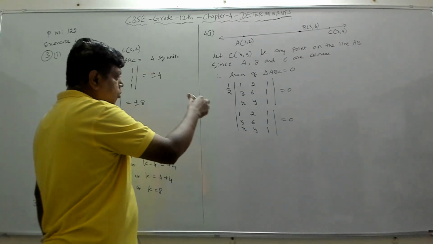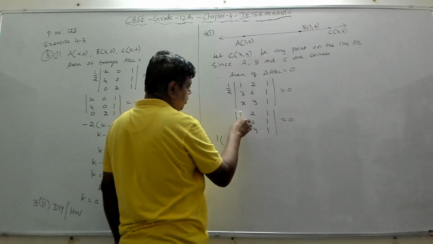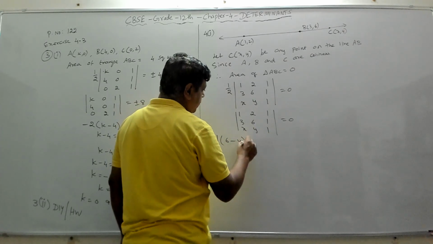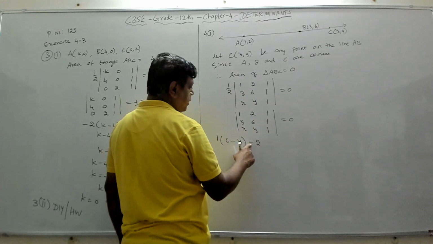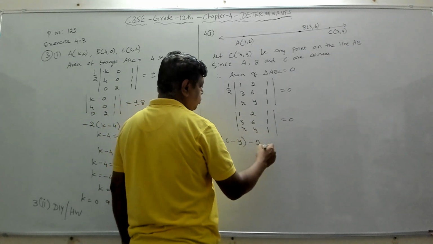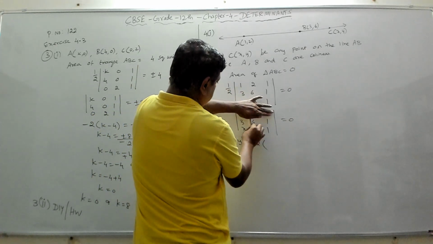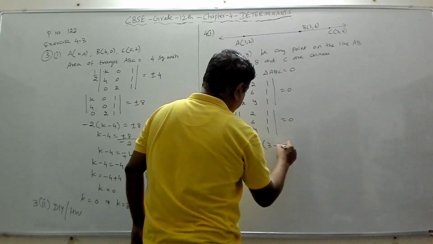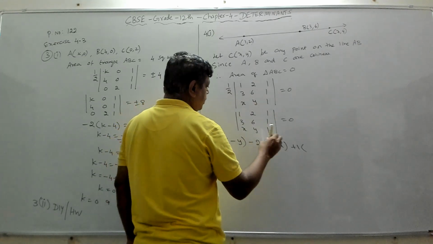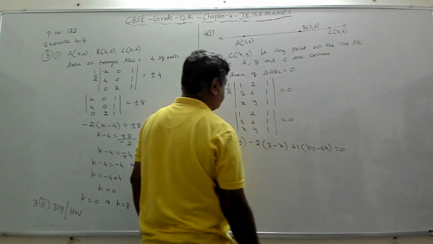Now we can expand through any row or any column. We will expand through row 1. So it will become 1 into this will get closed, this will get closed. 1 into 6 is 6 minus 1, y into 1 is y. Then minus this one 2, minus because it is in the position 1, 2, 1 plus 2 is 3, odd number means minus. Then this 2 into I'll close this particular row, this particular column. So 3 into 1, 3 minus x into 1 is x. Then plus 1 into the last one. So this will go. 3 into y is 3y minus 6 into x is 6x equal to 0.